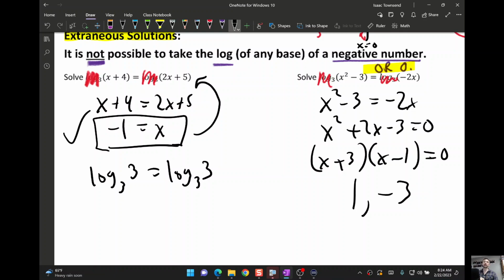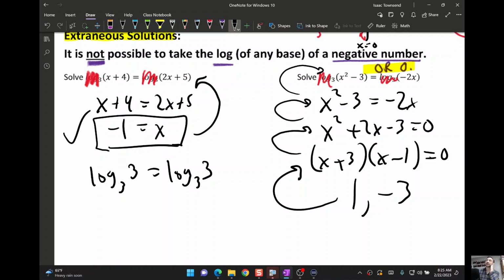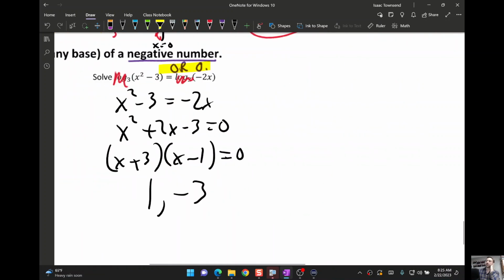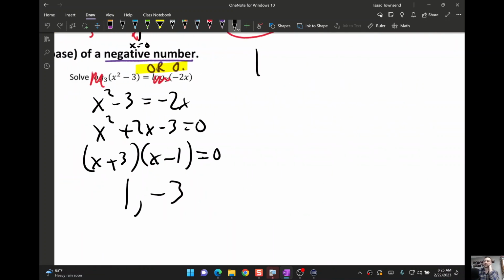They could be extraneous. Extraneous means I didn't do anything wrong and my math logic is fine. It's just that just because this solves this step, which is a representation of this step, which is a representation of this step, which is a representation of this step. Right here, what we did for convenience, like we're pretending it's not a log question for just a second, but it really is. So to be sure that those are correct, you would want to plug in 1